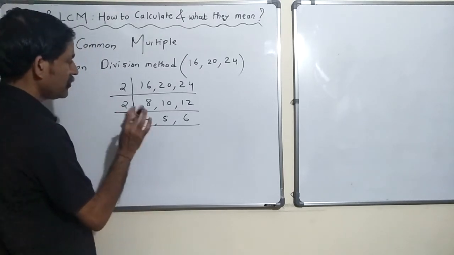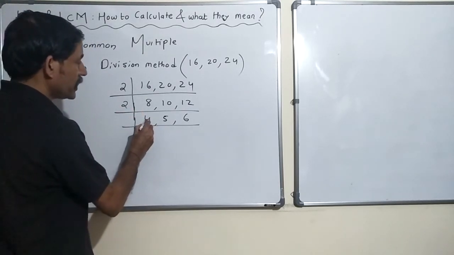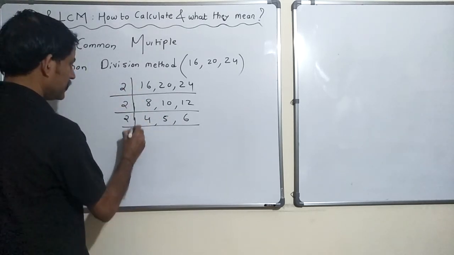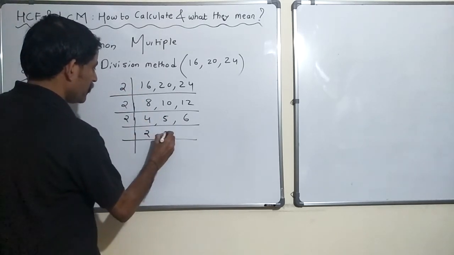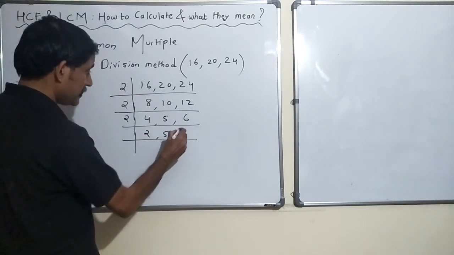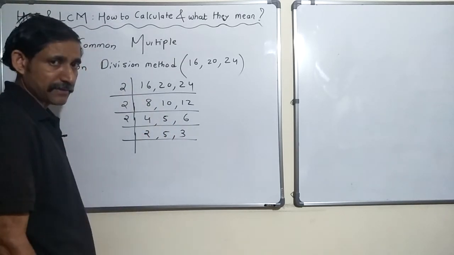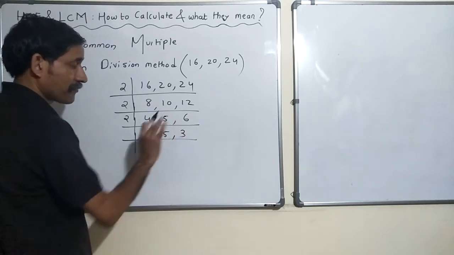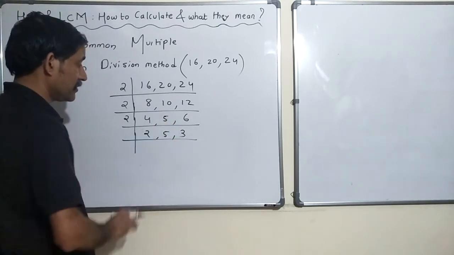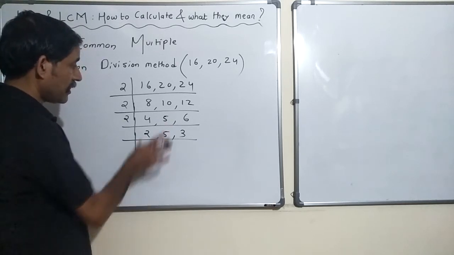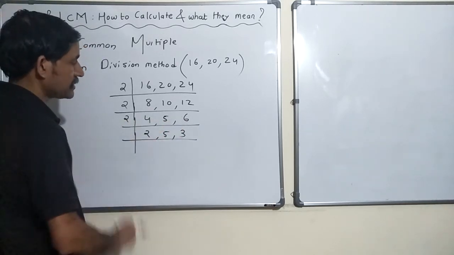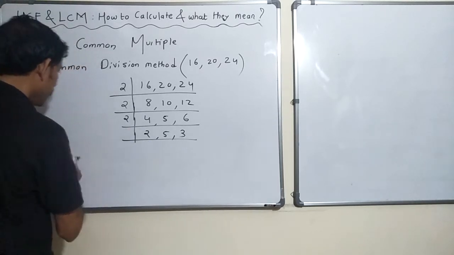Okay. Now, you can see that 2 divides 4 and 6 but not 5. We'll continue with that. Okay. So 2 twos are 4, 2 threes are 6. 5 I don't divide, I just leave it as it is, and 3. Is that right? Great. Now, none of them can be divided further. Okay. Earlier at least 2 of them could be divided by 2, so I took that. But now there is nothing which can. So LCM becomes